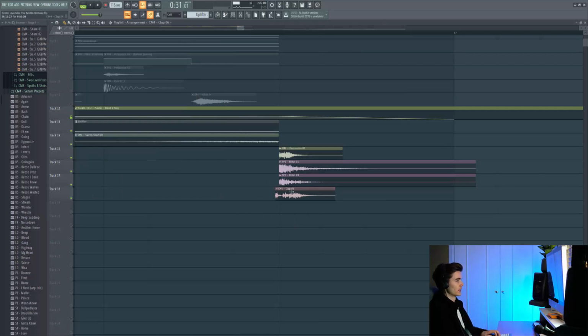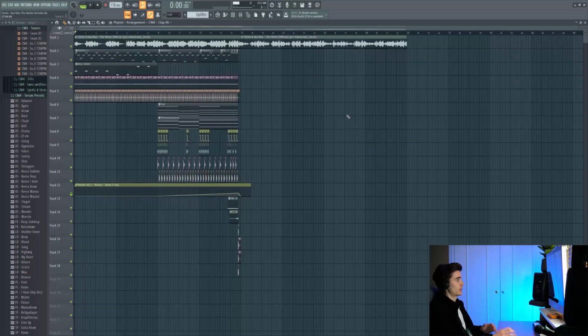And then we've also got a clap here at the end, which is just kind of marking the bit right before the drop. So that's the entirety of the production so far for the verses and the builds. We're going to go and listen back to the whole thing from the start all together, and let me know